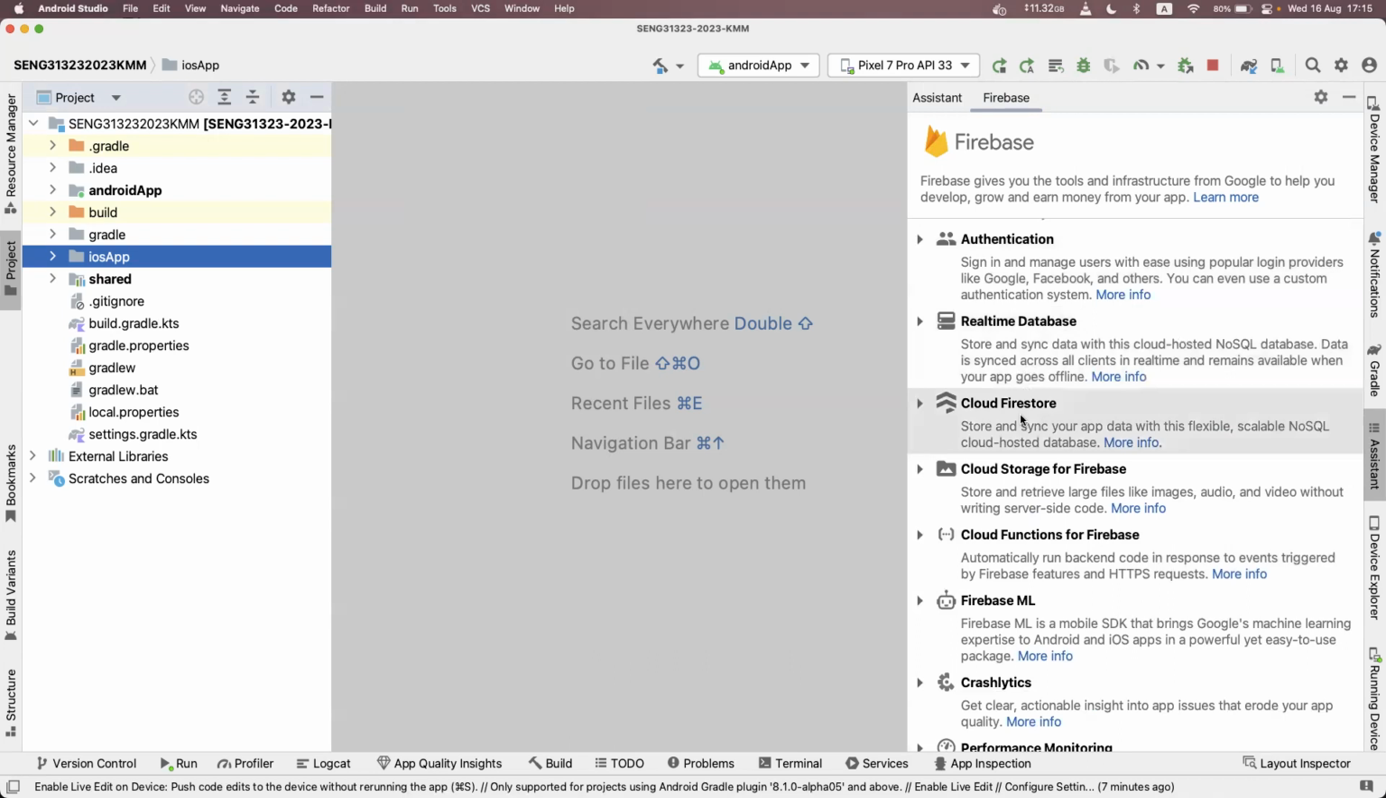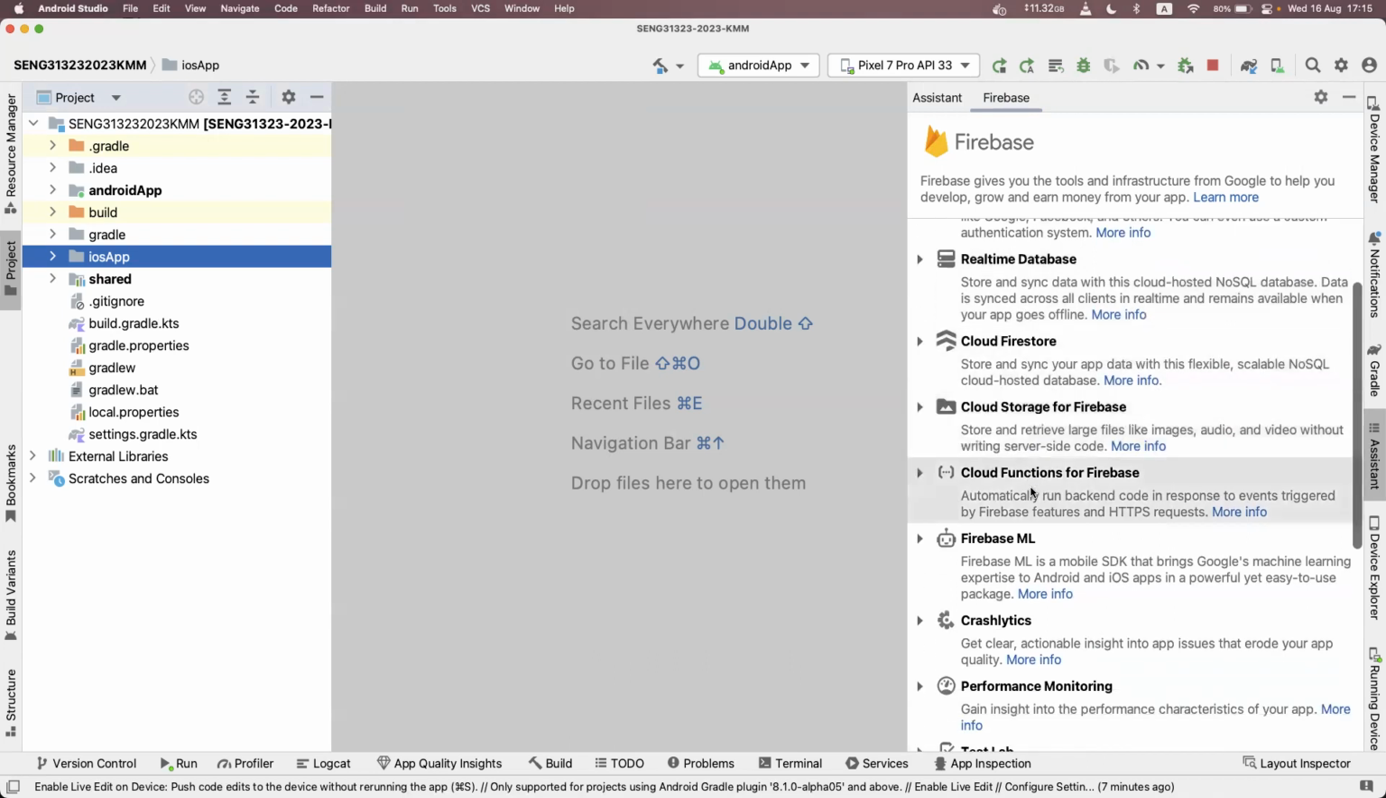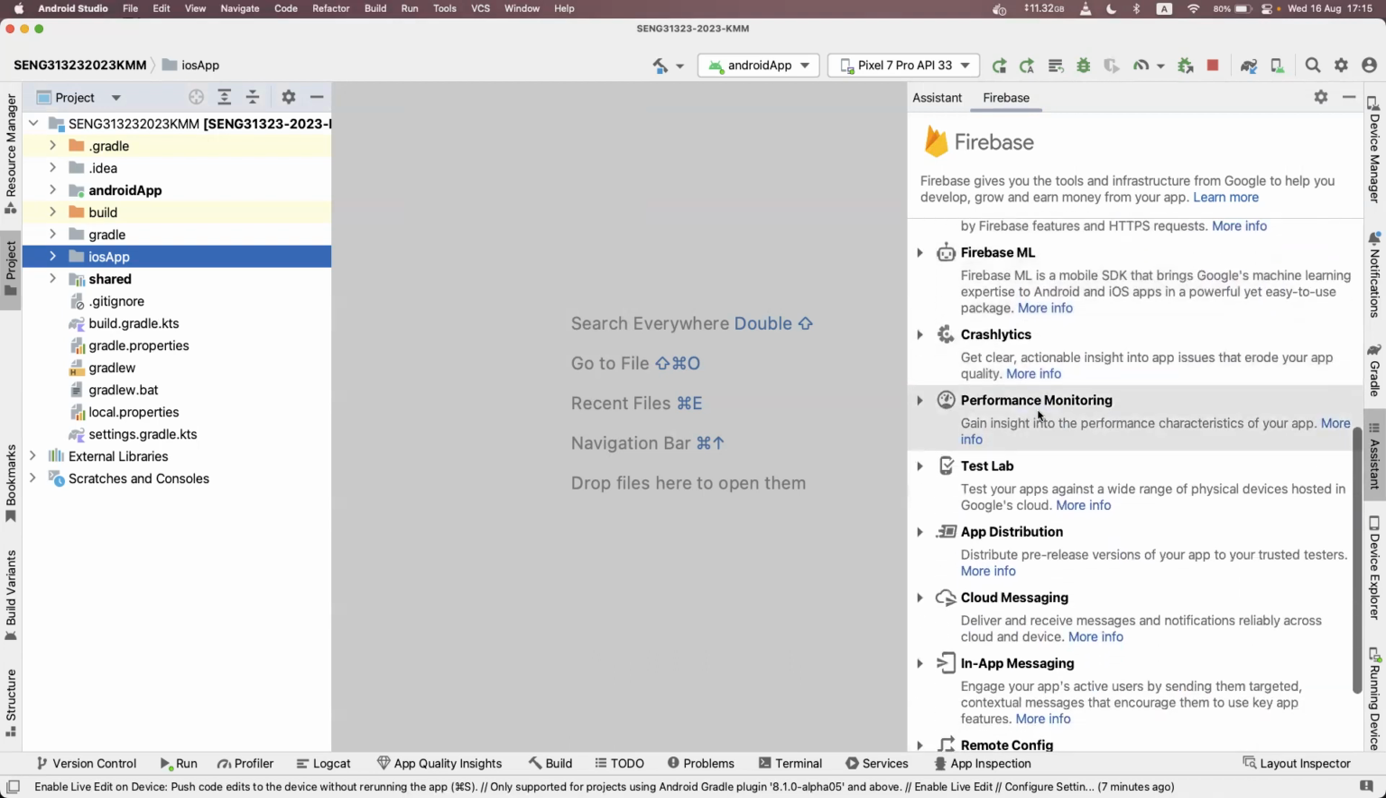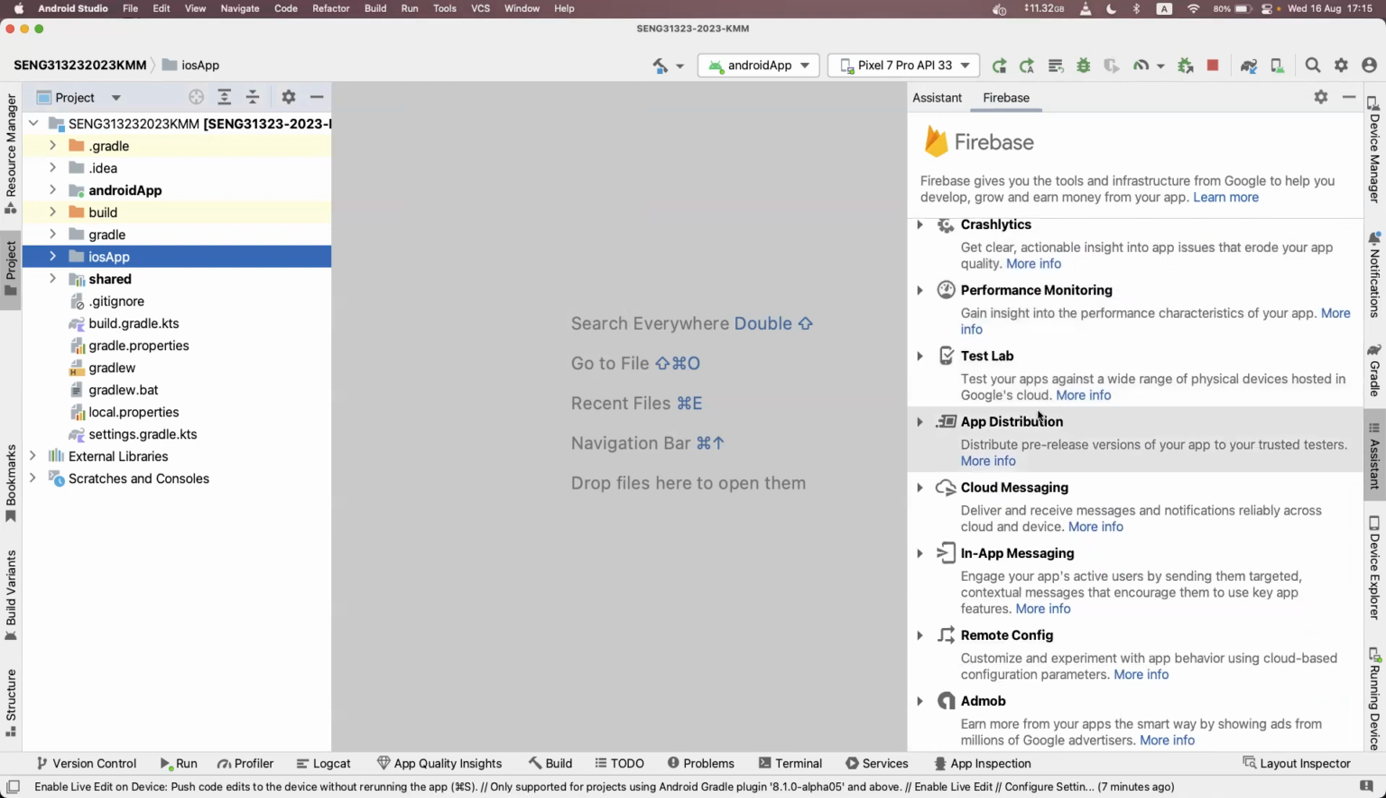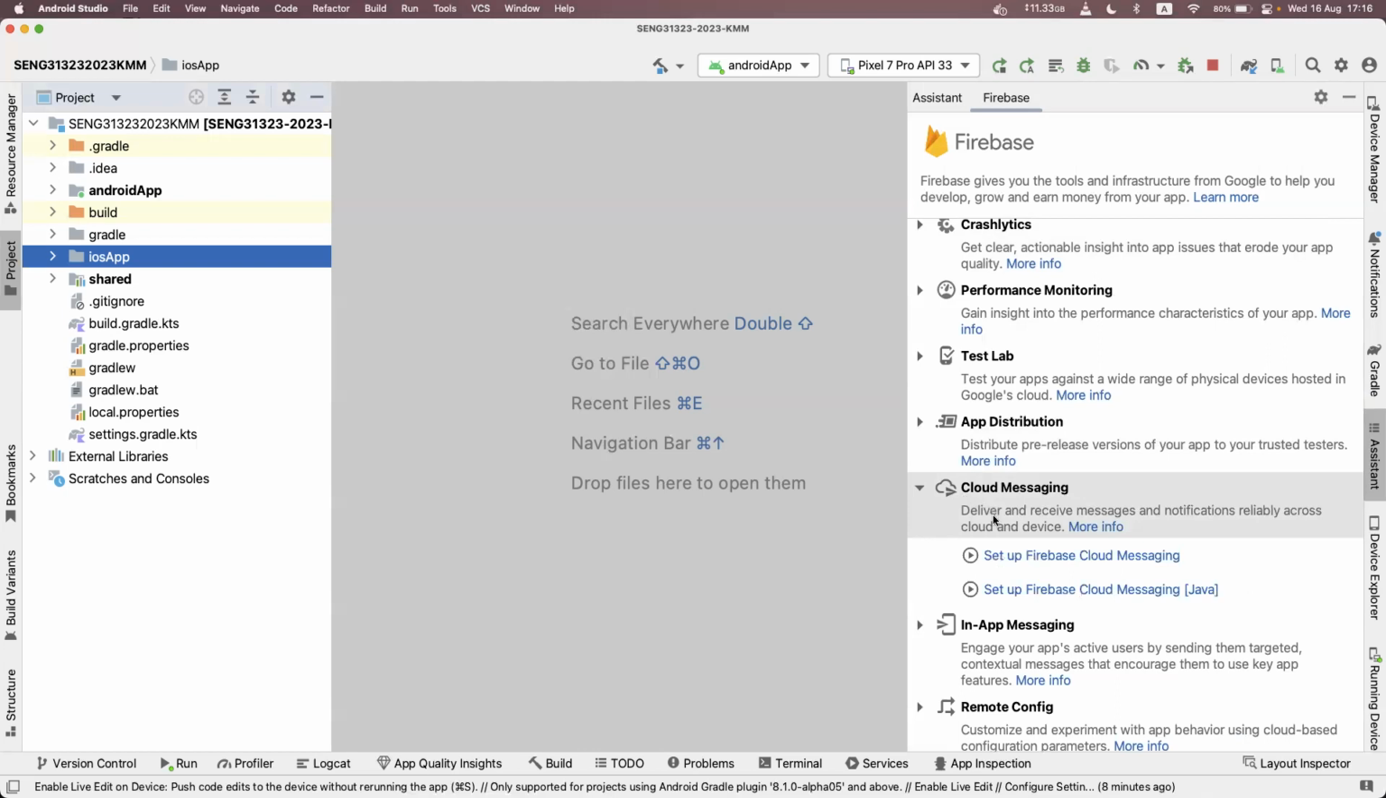Then there are Cloud Firestore, Cloud Functions. So there are a lot of applications available, but in our application, we will be working with cloud messaging. Okay, so Firebase Cloud Messaging, what we have to do is we have to set up